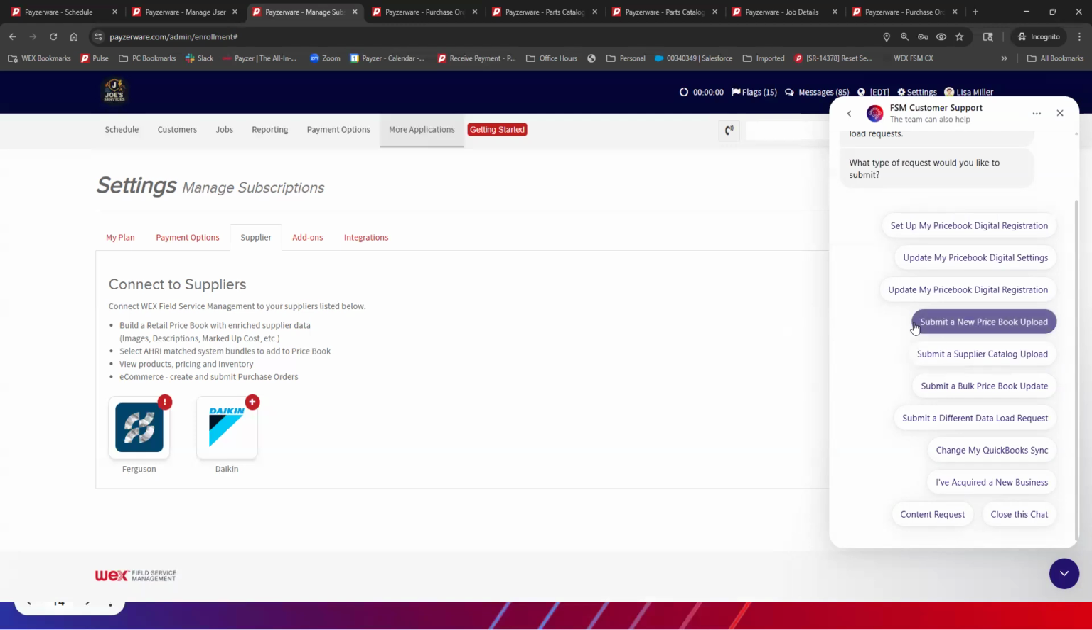You can choose submit a new price book upload, and they can upload your supplier catalog as your price book, and you can just tell them different questions like what income account it goes to, if you charge tax, what your markup is. So you have several options in the system. And if you load it as a supplier catalog itself, when you go to create a price book product,